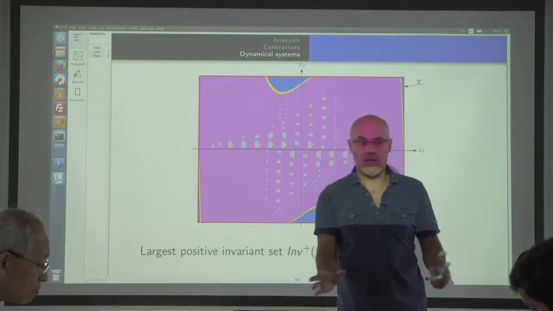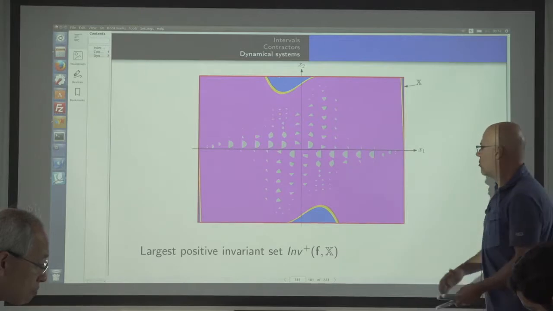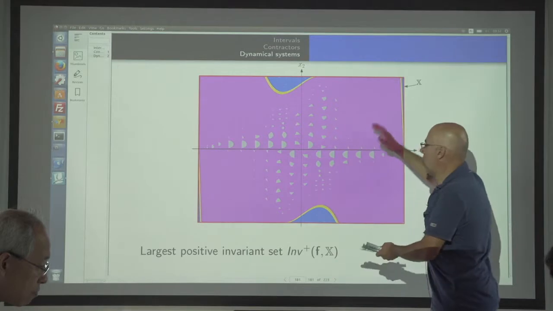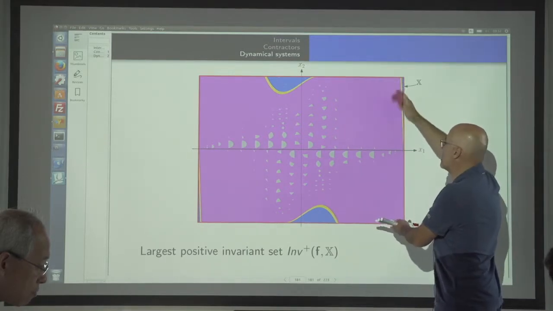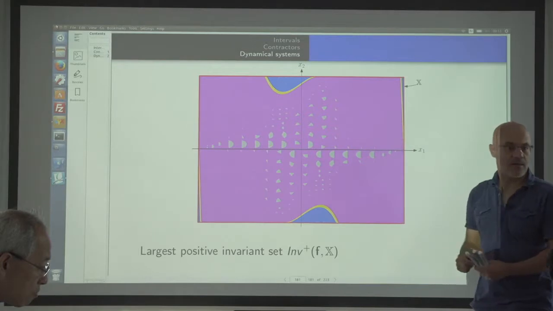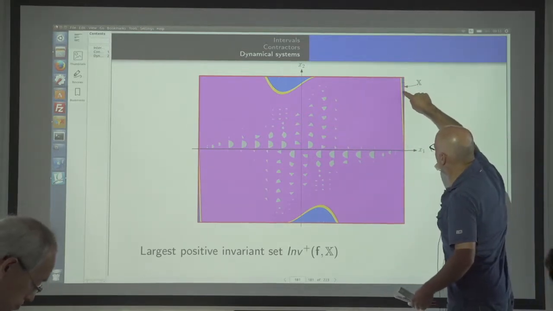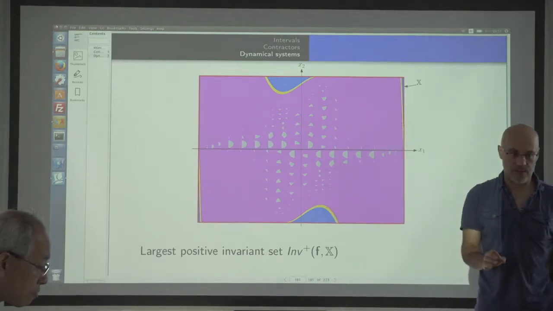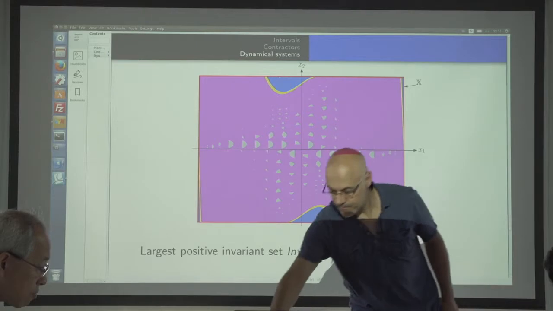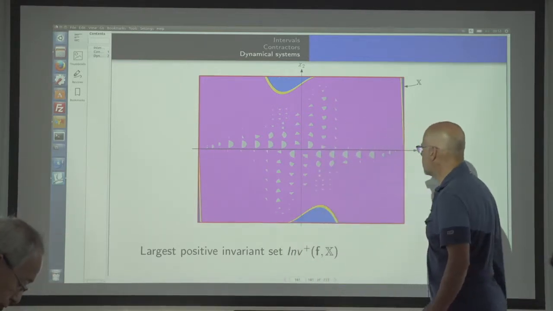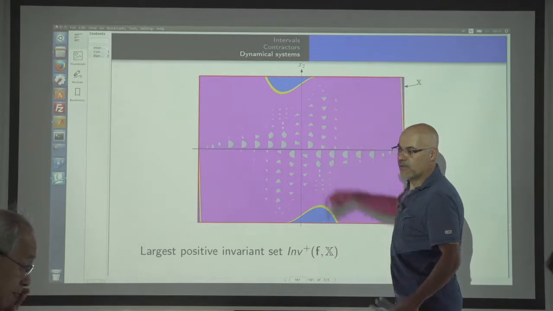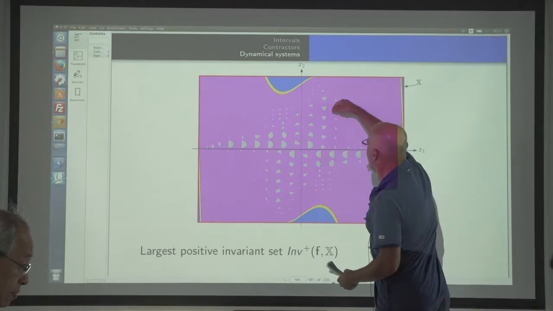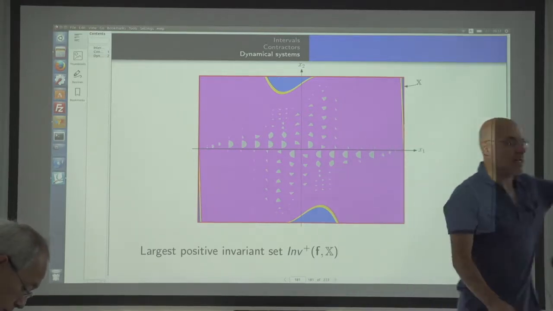So if I use a tool I will explain later, I am able to find an inner and outer approximation of the largest positive invariant set included in X. If I am here in blue, I will leave X. If I am in the magenta, I will stay in the magenta forever. Okay? What are these other regions with red? These cones. There are boxes. Here it's difficult to see, but there are many boxes, and it corresponds to f of x inside the cone.